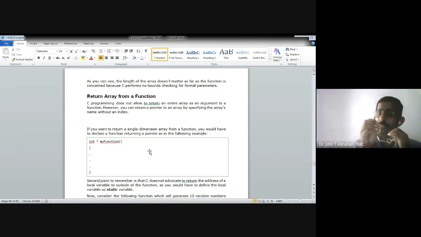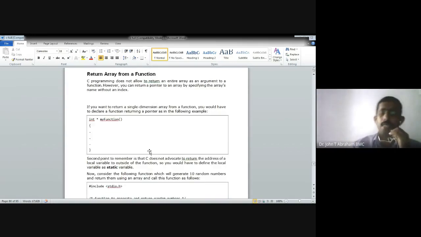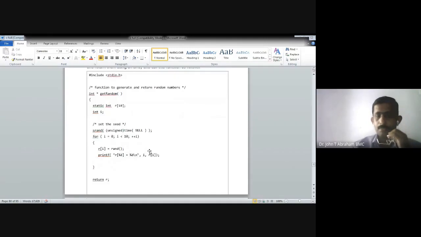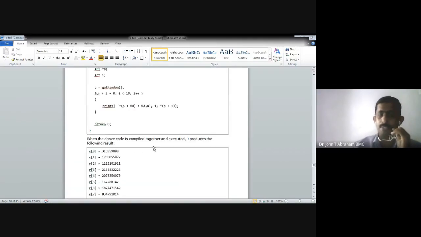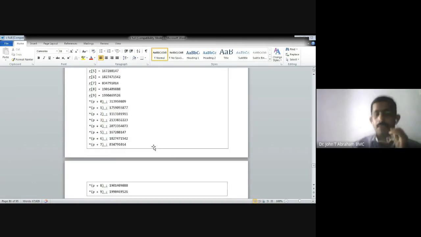A of what is the index? A of I means I is the index. So without writing A of I, just by typing A, the name of the array, we can access it. This is the example we are writing here. See R of I, one example for that is given here, and how the output comes is also shown.